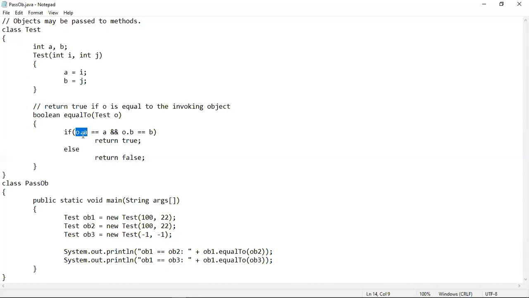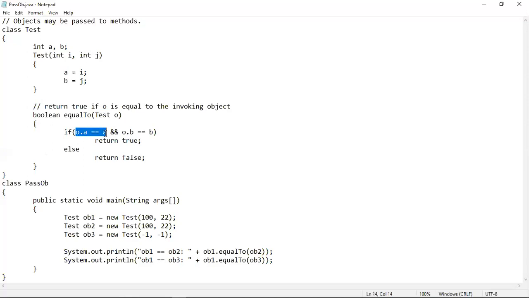So this O dot A actually means -1. And the right hand side actually means the value that has been passed into A using the object OB1, because here also the equals method has been called using the object OB1. So the right hand side A means the value that has been passed into A using the object OB1, which is 100, just as I discussed. So the left hand side is -1 and the right hand side is 100. So the two values are not equal.